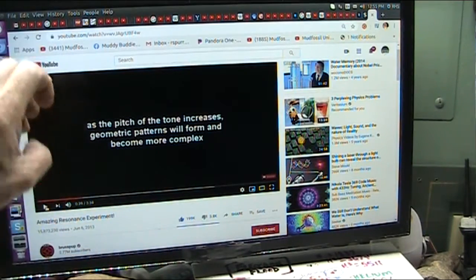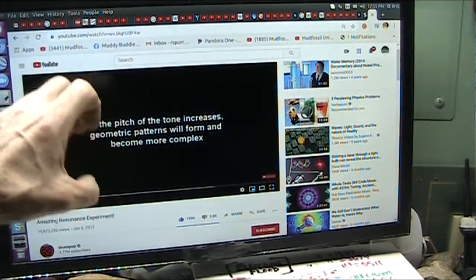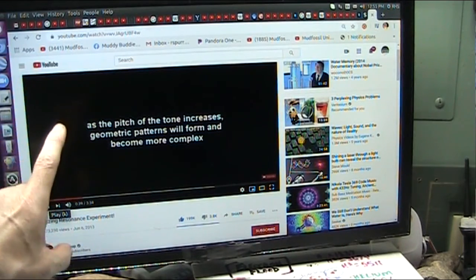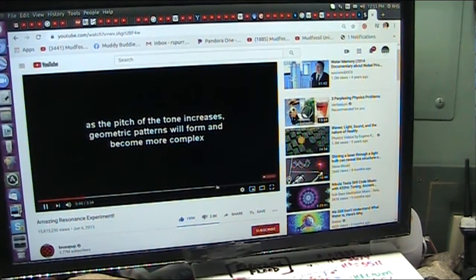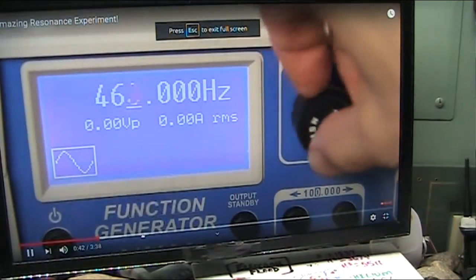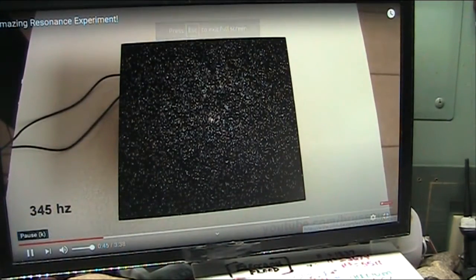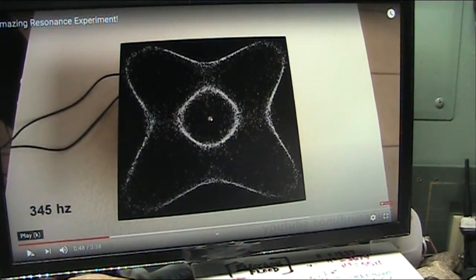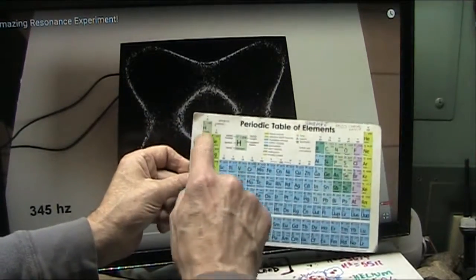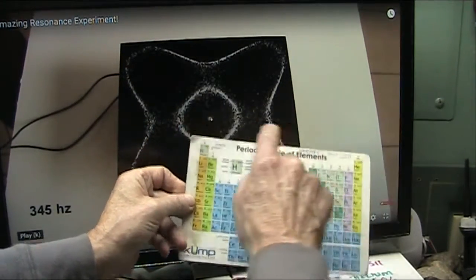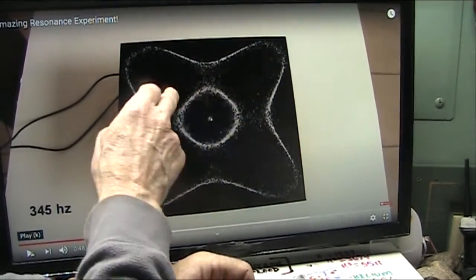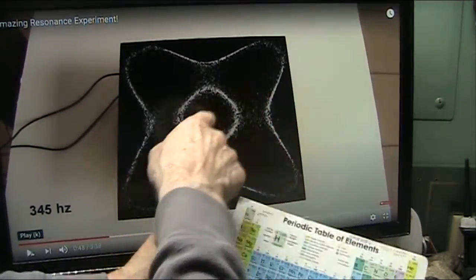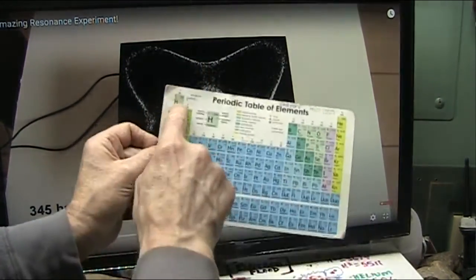The higher the frequency, the more complex the pattern. And these are the electrons. Every salt particle is an electron in my world. Here goes. Now they're way down in a low frequency. Boom. In the periodic table, that is the first group. That can have 2 electrons here, or it really could have 4, but I believe it only allows for 2 or 1. So that's our lowest group.